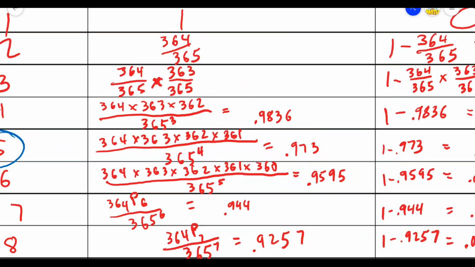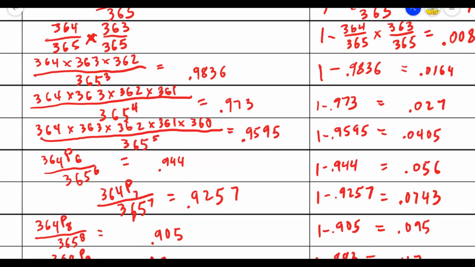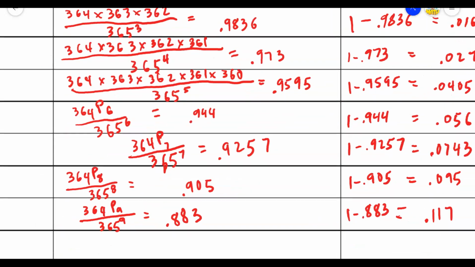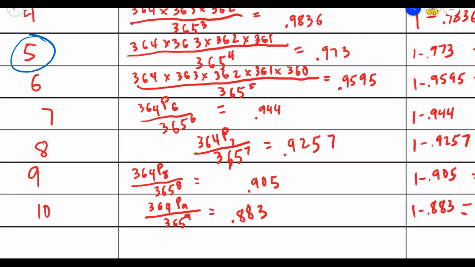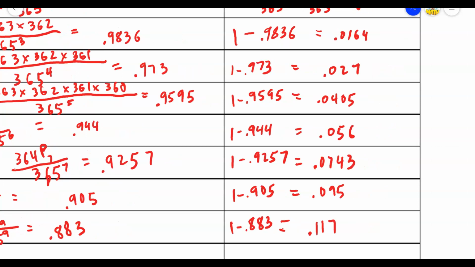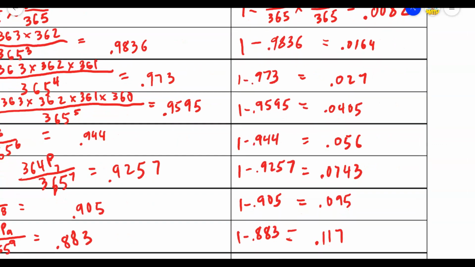So let's come over here and see what's happening here. I'm taking these numbers here. These are the probabilities of no match, and you can see they start off really, really high. But by the time I get 10 people in the room, I actually now have a better than 10% chance of a match, right? 1 minus that puts us at 11.7% chance, and a lot of people would not think that way. Like with just 10 people in the room, I mean that's smaller than some of the classes that meet at school. That we'd have an 11.7% chance of 2 birthdays matching,